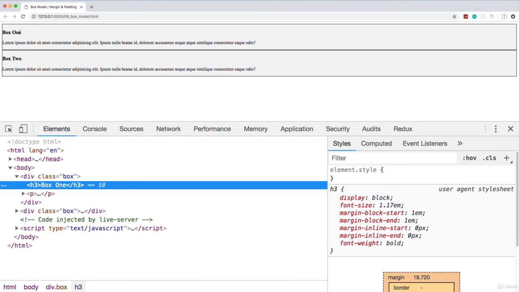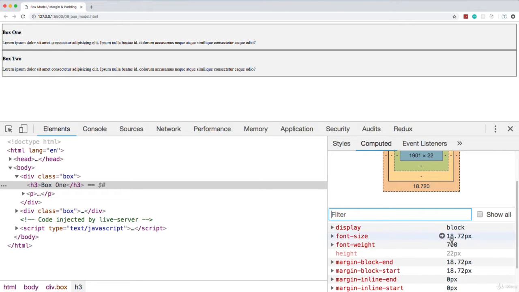So let's click on the H3, and then over here you'll see the styling. So this margin block start, margin block end is basically margin top and bottom. And it has a value of 1em, and em is a relative unit. It's relative to the font size of its parent container. And if you don't understand what that means, don't worry about it. If you want to see the computed pixels, you can actually click on computed, and it'll show you that the font size and the margin on the top and bottom for the H3 is going to be 18.72 pixels